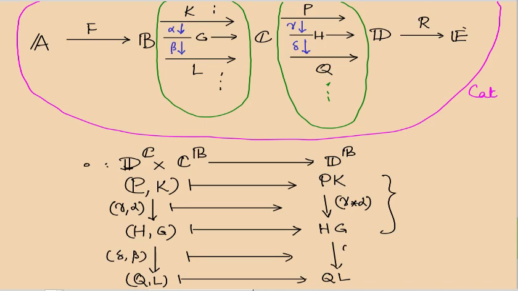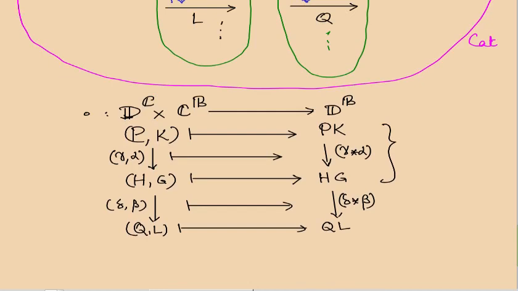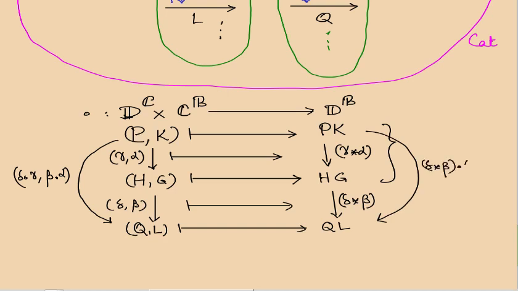This goes to delta star beta. So this composite in the product is delta composed gamma and beta composed alpha. And this composite here is delta star beta composed gamma star alpha. So this should go to